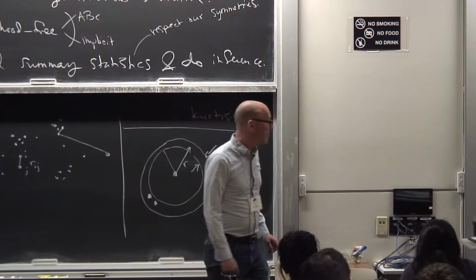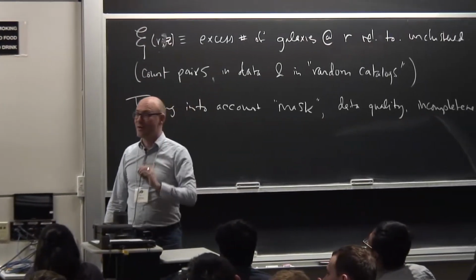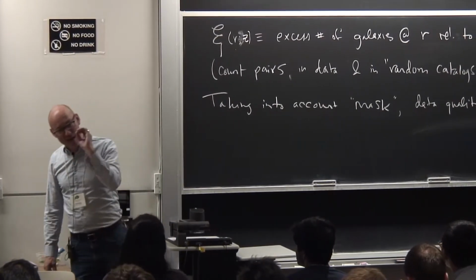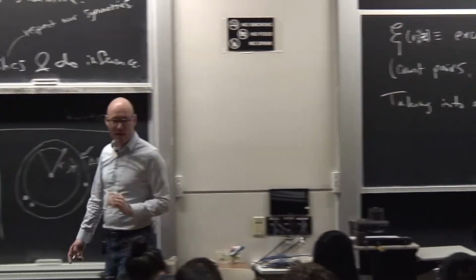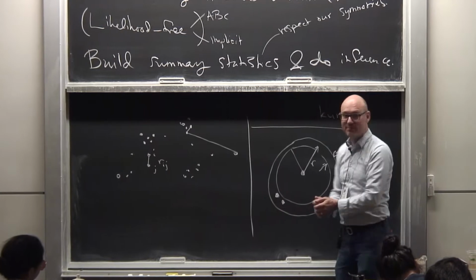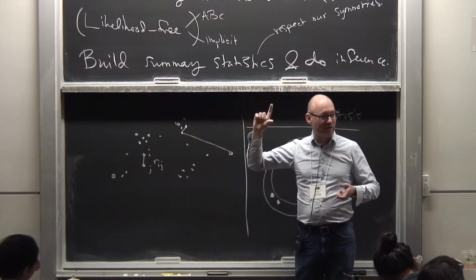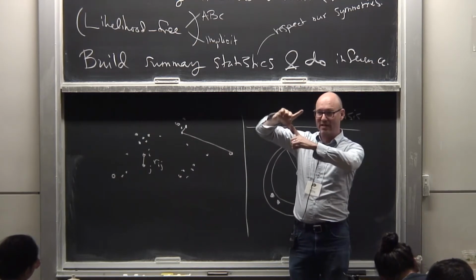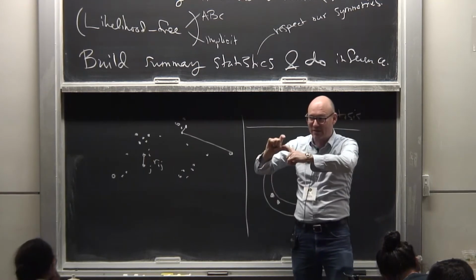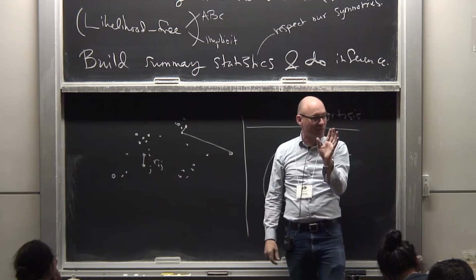Good. Now, that is the 2-point function. Fully describing the 3-point function now would be a lot of work. But let me just say that fundamentally the 3-point function is the same question, except that instead of asking about annuli, I have to ask about triangles of certain configurations. So I have to consider all the triangles of this configuration, and then all the triangles of this configuration, and then all the triangles of this configuration. You see, and it gets combinatorically challenging.